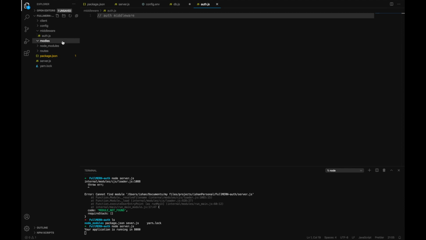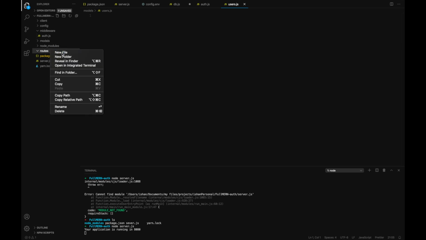And then inside models, sorry, models. So inside here we will have our basic data modeling part where we can for now write users.js. So we will only be dealing with the users, and inside our routes we can add a new file